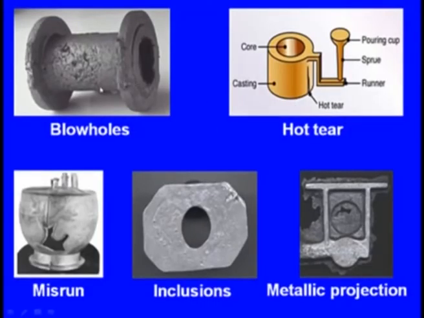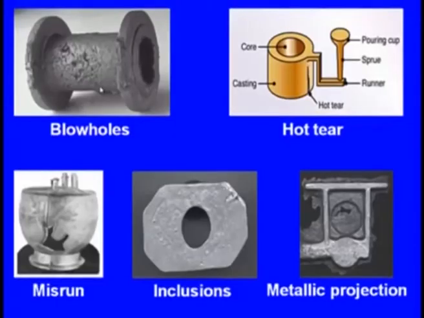So, this is a blowhole, means what happened, the moisture content was very high and the clay content was very high, excessive hot gases and steam was produced and the excessive steam was not able to escape through the sand medium because the clay content was very high and the steam is occupying on the surface of the cavity. That is how we can see large holes on the surface of the casting. So, these kind of holes are known as the blowholes. This is a defect and this kind of defects can occur in the casting.